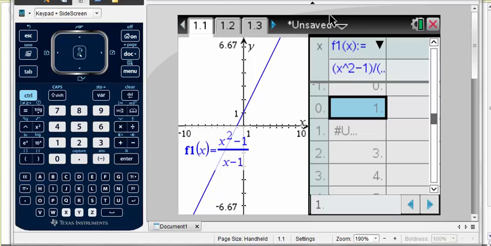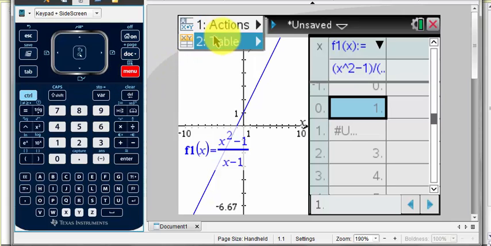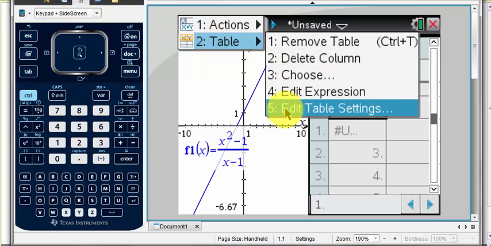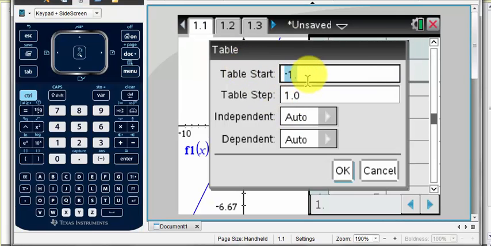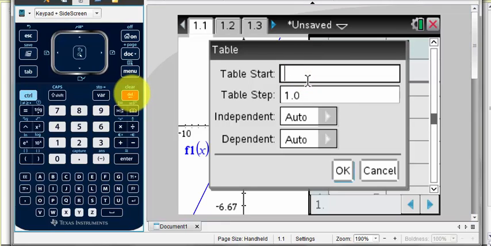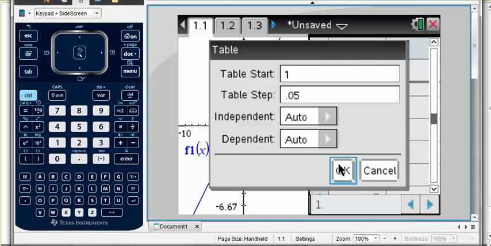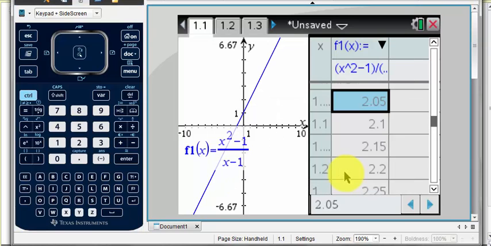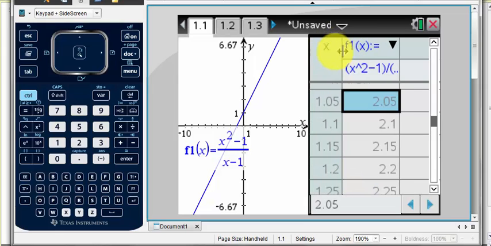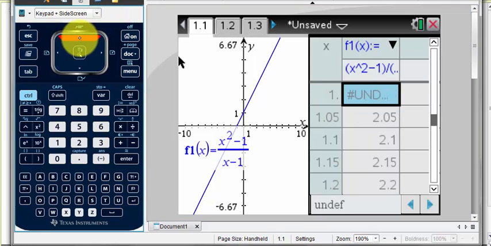And we can see that a lot better in the table if we change the settings. So what I'm going to do is go to Table, Edit Table Settings, and it doesn't matter what kind of calculator you have, you can do this. I'm going to start my table at x equals 1, the value that I'm interested in, and I'm going to change my table step to 0.05. And now you see my table step is much smaller, and we can see that